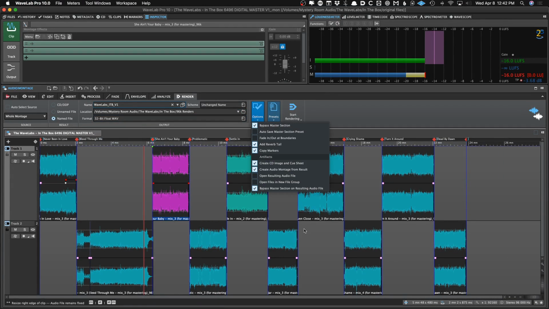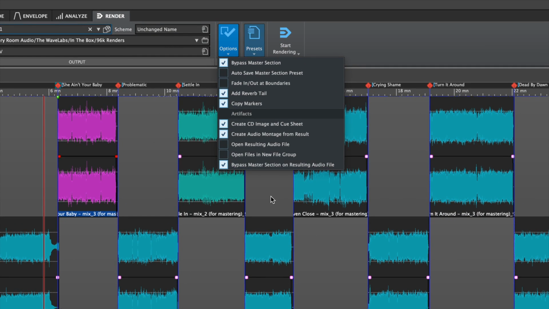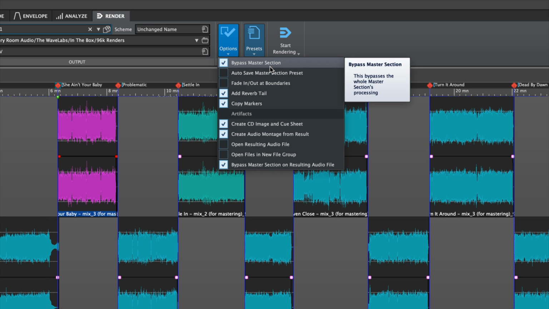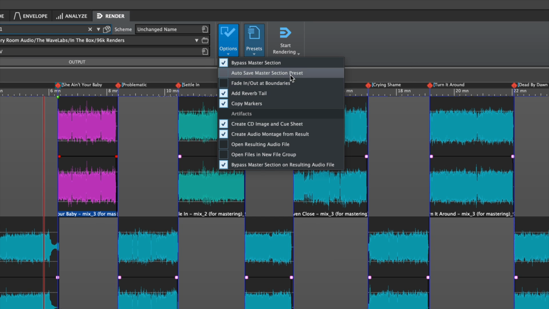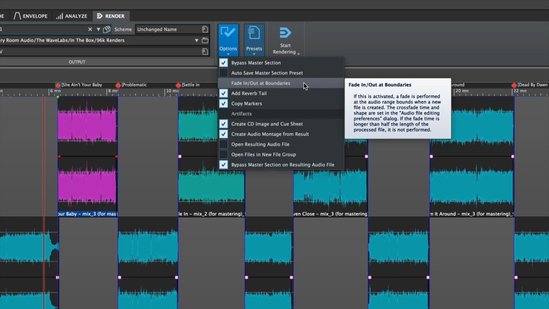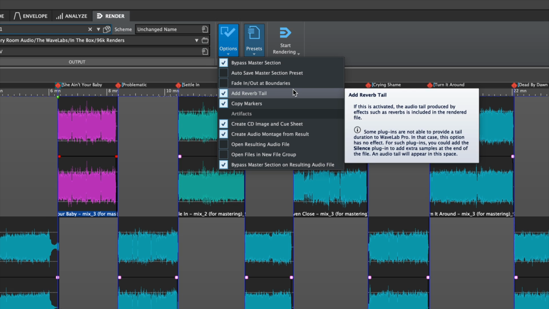Some options in the render. And again, this is all saved in that render preset. So this is something that happens in a matter of seconds. I'm just explaining it slowly. I want to bypass the master section because that's that global master section. And even though there's no plugins in there, I just like to be safe and bypass it. I don't care about master section preset, not using it. I don't want to do any fade ins and outs. I've got that taken care of. Reverb tail is not really, I don't really use reverb or mastering. It's not really